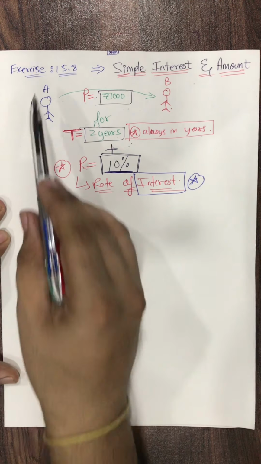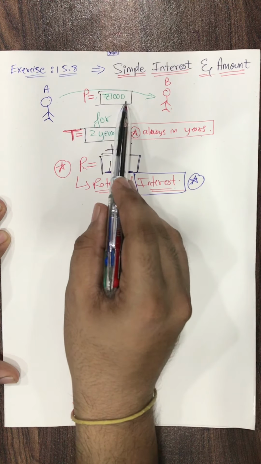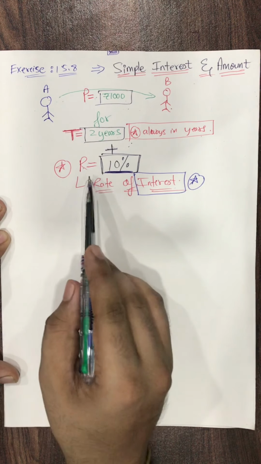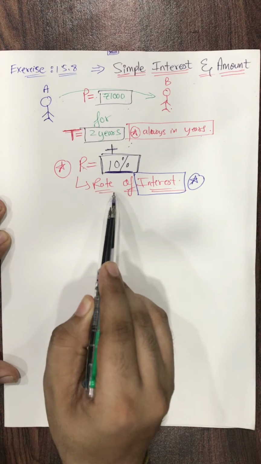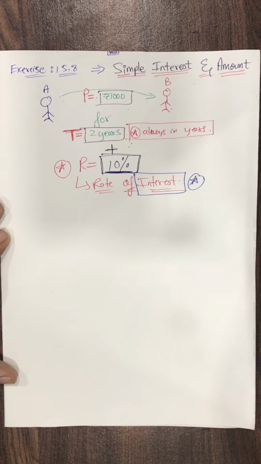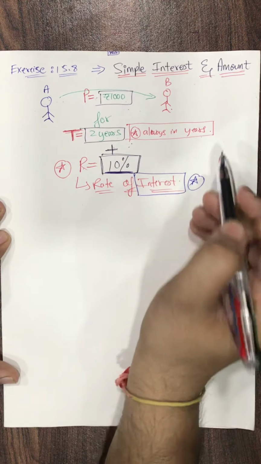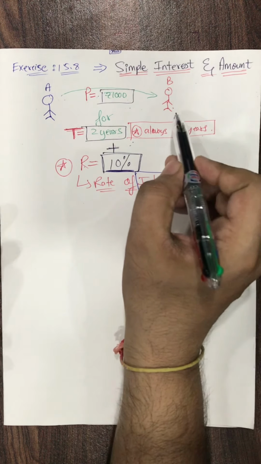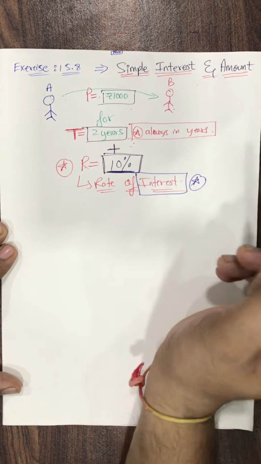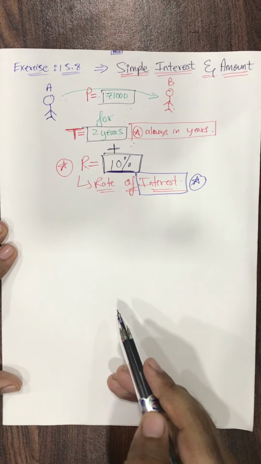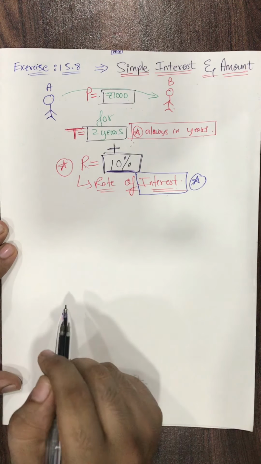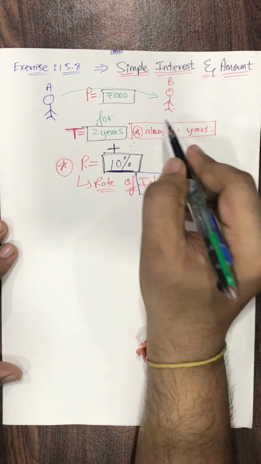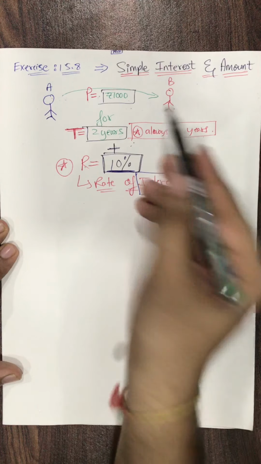So, understood the story. A lends money to B. How much? 1,000. So it's called the principal. For 2 years, so T, the time period, is 2 years. Always say it like this: the rate of interest is 10%. Now after 2 years were completed, at the end of 2 years A called B: "Hey dude, now give me my money back." "Okay, I'm coming." Now what happened? B is realizing how to find the interest.